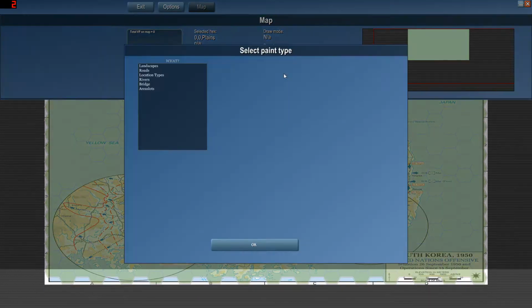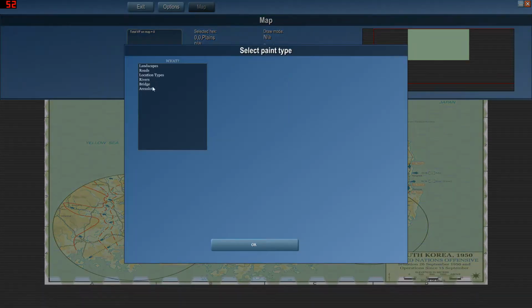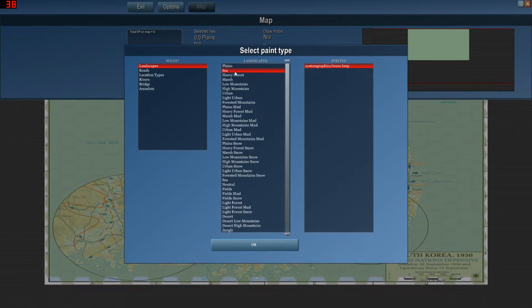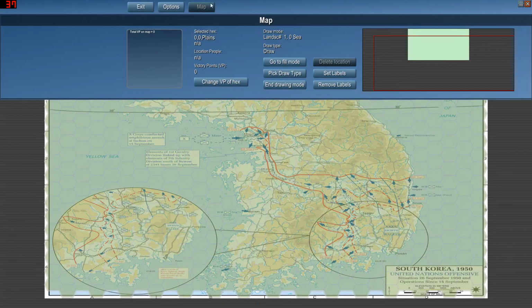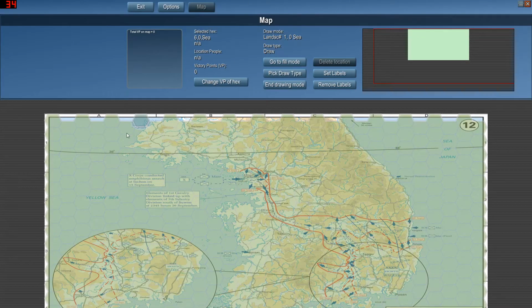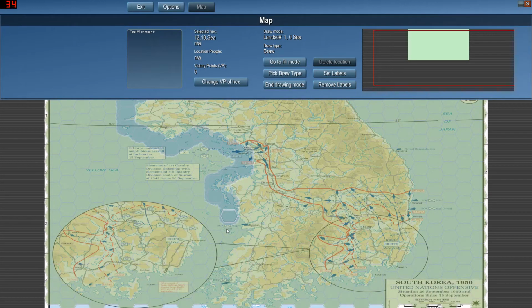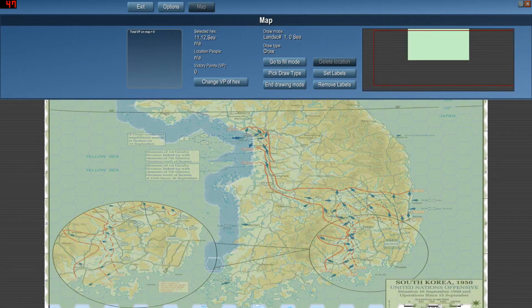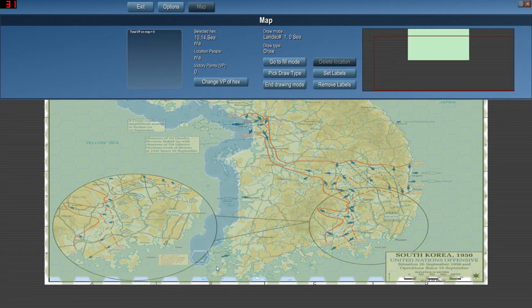Anyway, the purpose of the overlay is to easily create maps, because with the overlay on, I can easily see where the sea is, for example, and I don't have to guess where things are relatively to each other. So as you can see, I'm sort of following here the Korea coastline